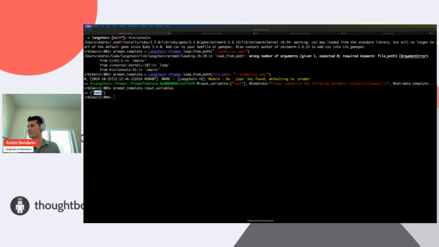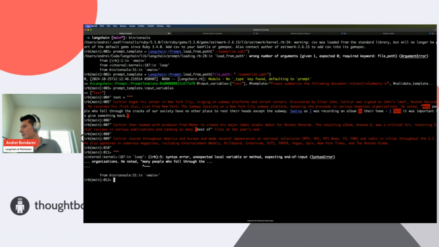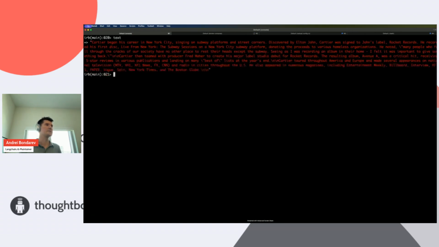And I'm going to try to find random text from somewhere. I should have had something handy. Okay, so I just pulled a random article from Wikipedia. So if we insert this, of course, I think we could do, is it EOS? Okay, so we've got this text variable about someone, some musician, I believe, and we've got our prompt template, so